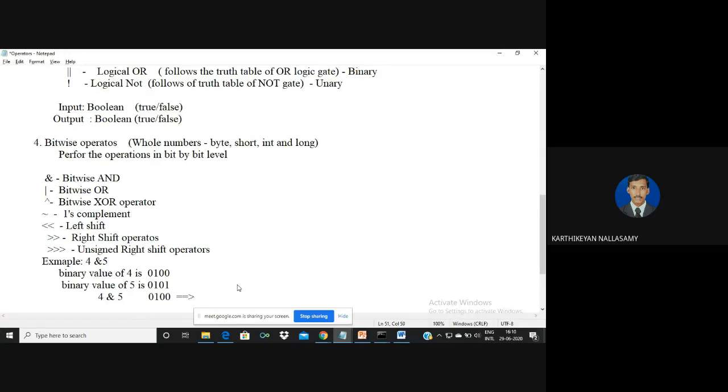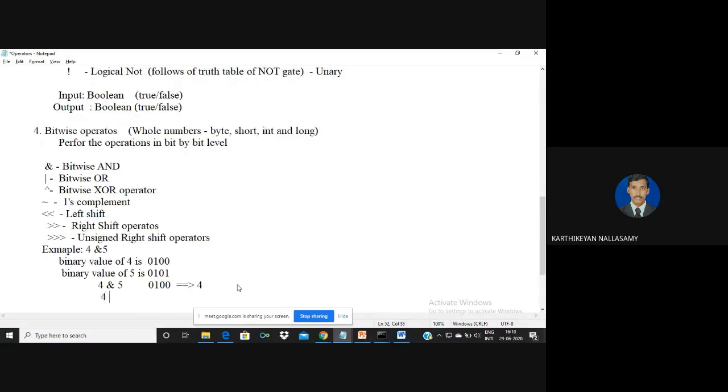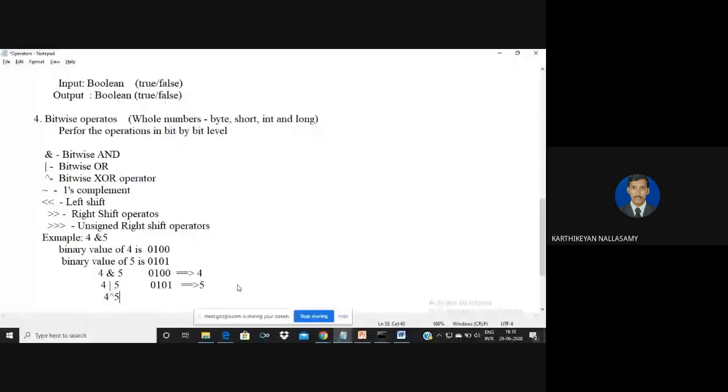If I perform 4 OR 5, the result is 0, 1, 0, 1, so the answer is 5. And for an XOR gate, if both inputs are the same, the output is 0, and if the inputs are different, the output is 1.